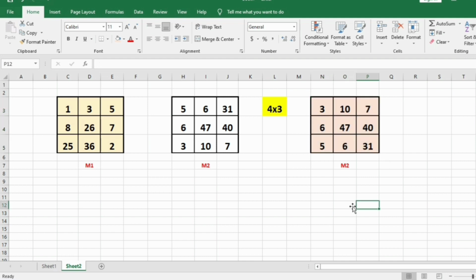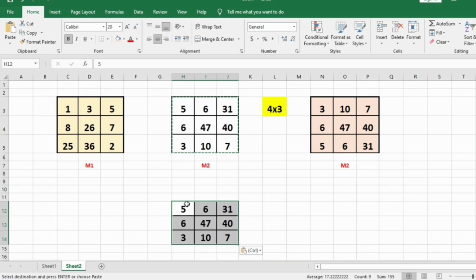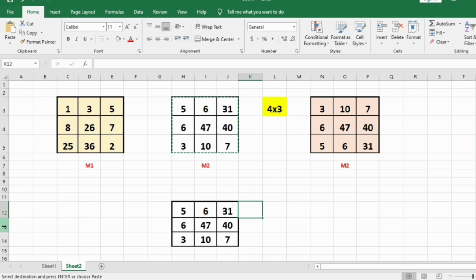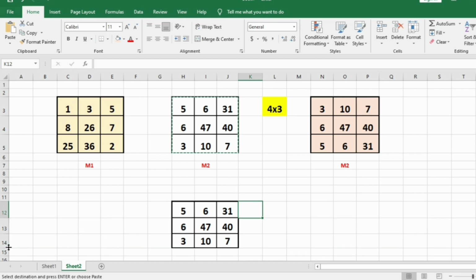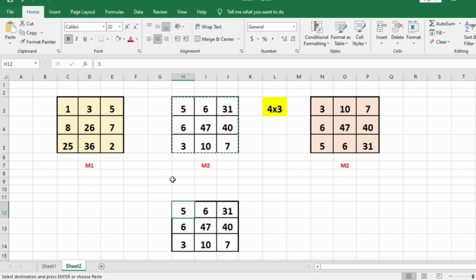So finding their product, here we'll have, now 1 into 3 is 3. So the first index will have 3,